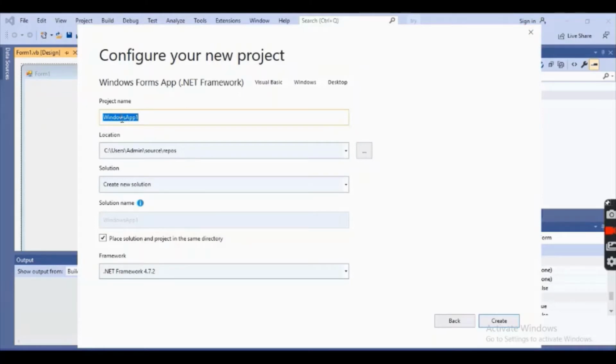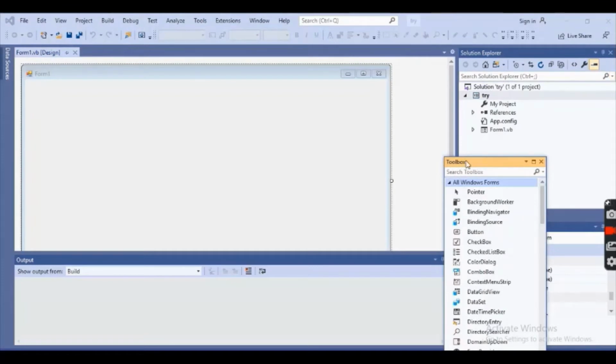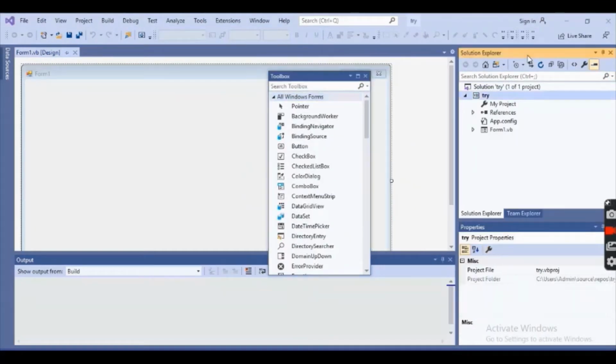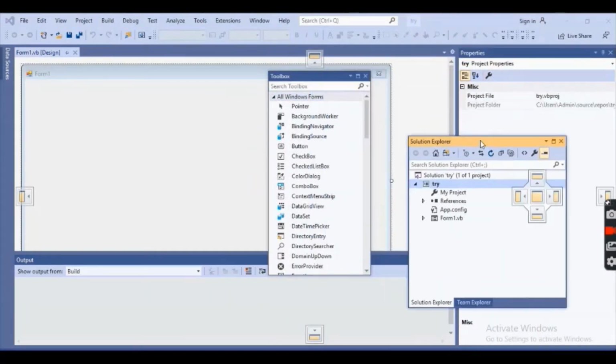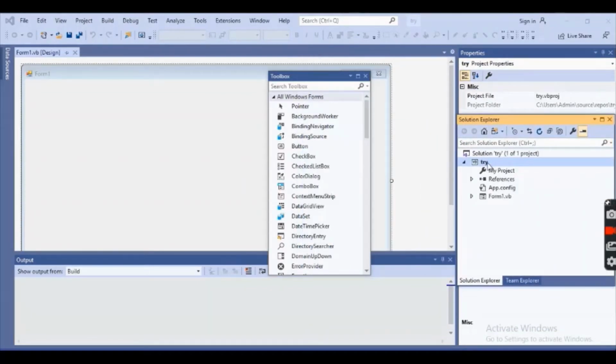You can give any name to the project. The same would be the name of the solution. Inside a solution we can have many projects, which can be a console application, Windows application, or any type of application. I've already created one with the name of Try. You can see it right here in this window, and you can move it around. Here is the name, Try, and you can change the name.